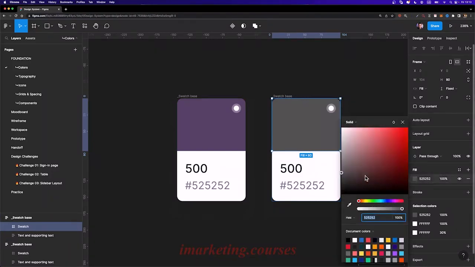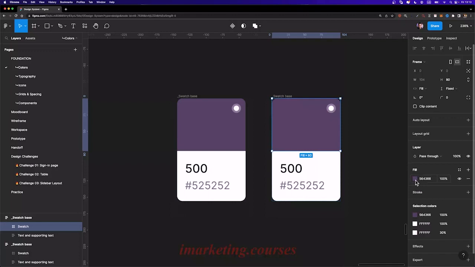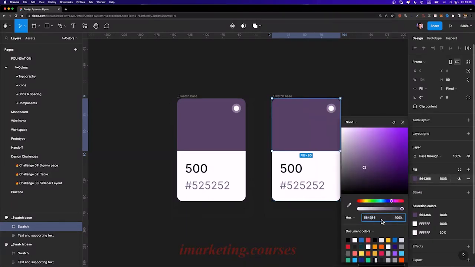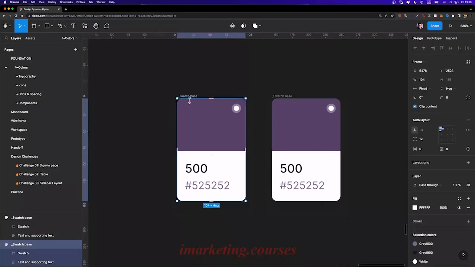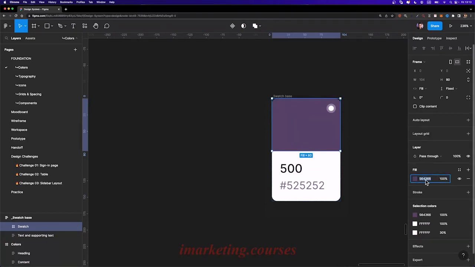And now using the eyedropper, I'm gonna pick this color. So we mix those two colors to get this one fill here. Okay, so this is gonna be the color code of your new neutral color. And now that we've got this base color, we can just get rid of this swatch. I'm gonna remove it. I'm gonna copy this hex color code, and I'm gonna head over to the website we